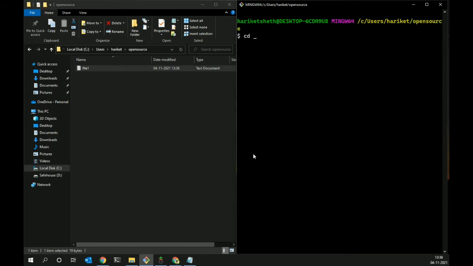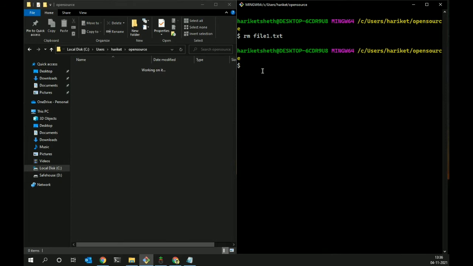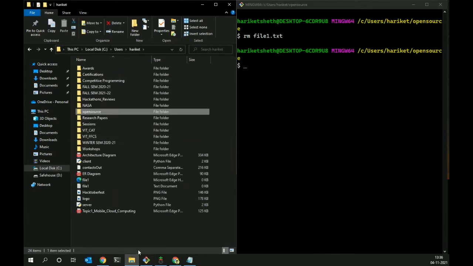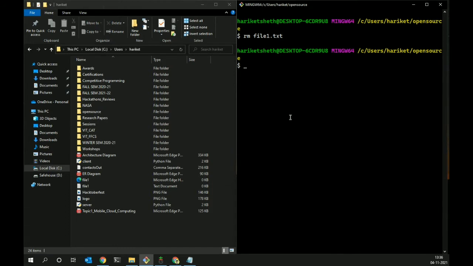And you can also, okay, before doing cd dot dot, let me delete this file. Okay, rm and the file name basically would delete this file. So it deleted on the left side, right? You saw that. Now I'm inside the open source folder. To go back to my previous folder, I will click on this thing and I'm back to the old folder on the left side, but still in the terminal I am inside this.